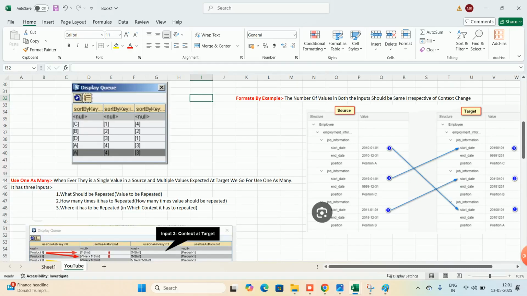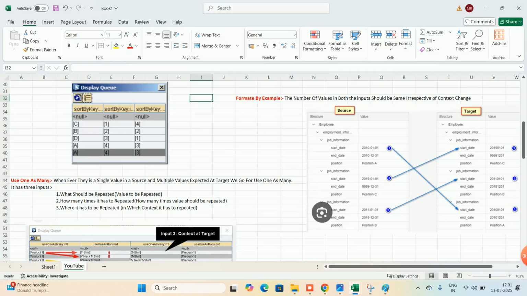See, this format is the same, the structure is the same, and the target is also the same. It is telling this format will be the same. If it is not the same, format by example will not work. The number of values in both the inputs should be the same irrespective of the context changes.